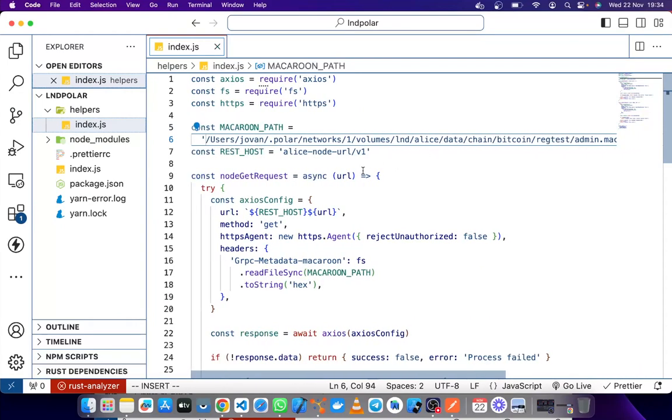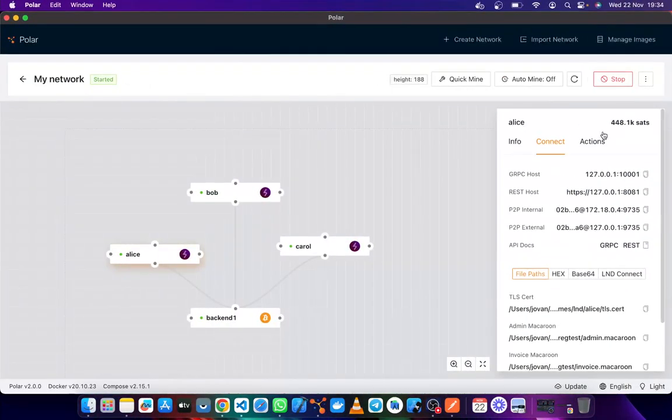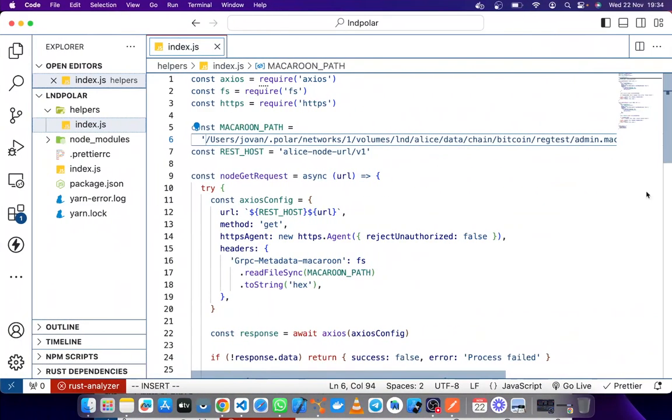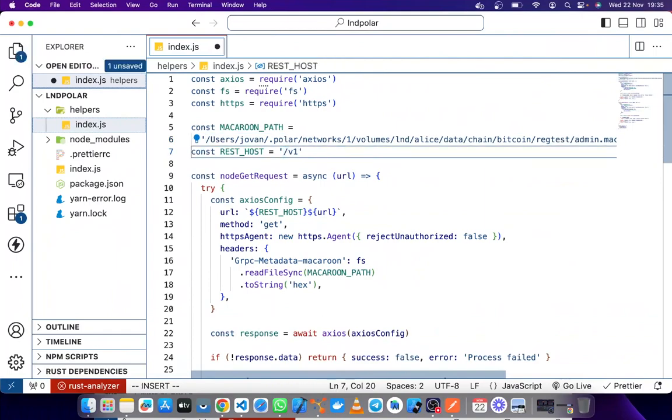That is from Polar. And then the next thing that I need to have is the REST host. So the REST host is where the node is going to be configured. It's the same thing with Polar. It gives you all these endpoints that you can use to communicate with your node. So it gives you the gRPC. If you're building something with gRPC, this is the endpoint that you'll use. If you're doing something with peer-to-peer, this is the WebSocket endpoint that you'll use, and everything. But if you're trying to host yours in the cloud, then you'll have to configure what this stuff is. So let me copy that, and I'll go ahead and drop it there.